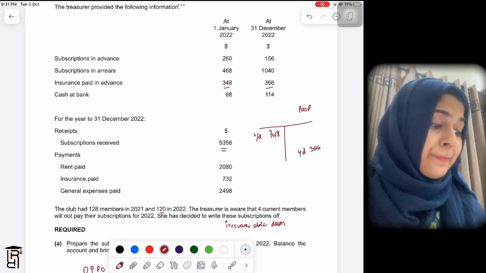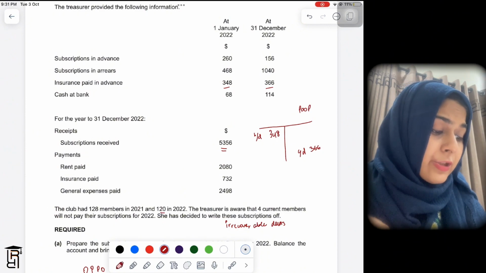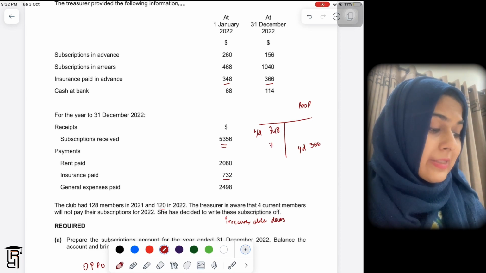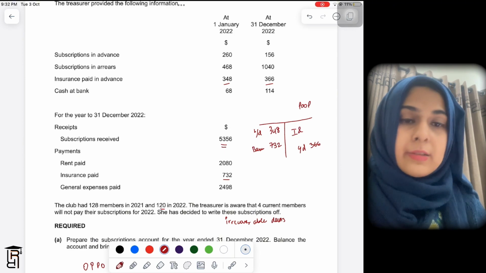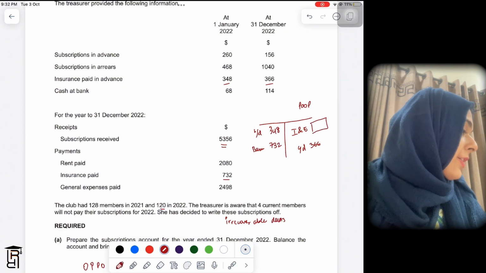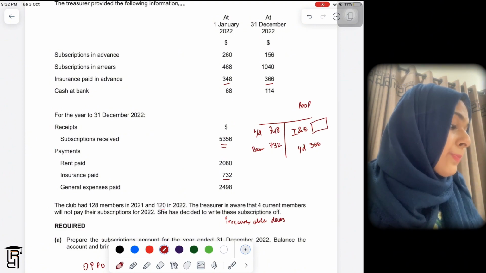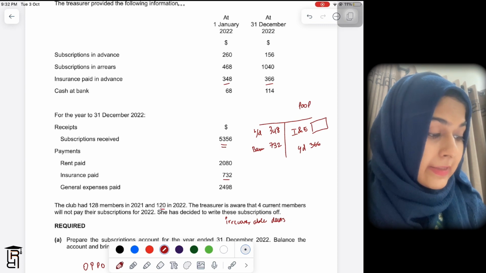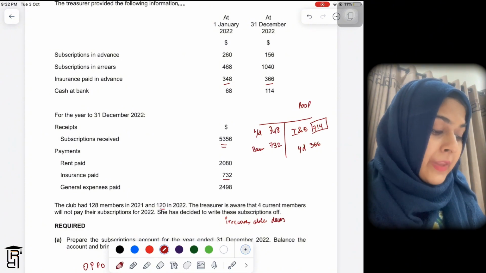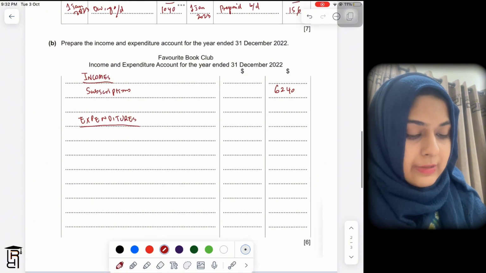This is my working. And then what you have paid for insurance is 732. If that is coming on the credit side of the bank account, you write here on the debit side of the insurance account, bank. And then what you get here is income and expenditure, I call it INE. This is just my working, so you can use short forms in working. INE basically turns out to be 714. What I did was 348 plus 732 minus 366, and you got 714. So you'll write insurance,